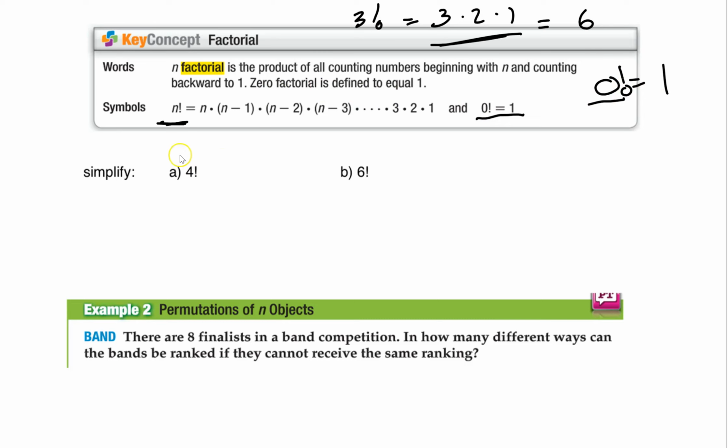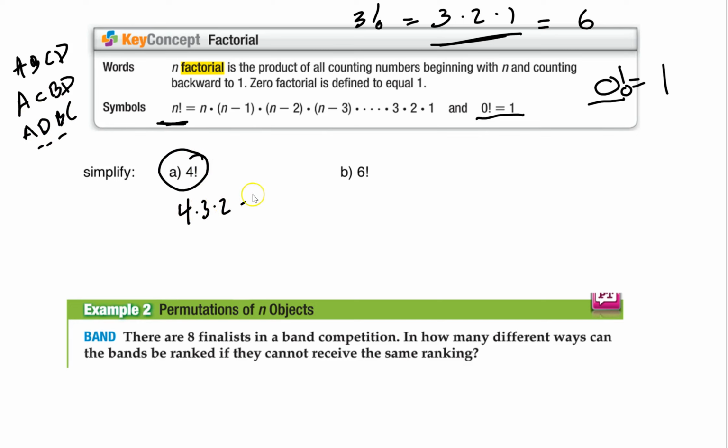So let's talk about this. How many different ways can we rearrange 4 things is what we're generally asking here. So if you have 4 things, A, B, C, D, factorial says, hey, how many different ways can you arrange that? You could do A, B, C, D. You could do A, C, B, D. You could do A, D, B, C. You could keep on going. So how many different ways could we arrange this? Well, an easy way to do it is a 4 factorial: 4 times 3 times 2 times 1, that's 6 times 4, which is 24. So 4 factorial is 24, and all that means is how many different ways can you arrange 4 things in